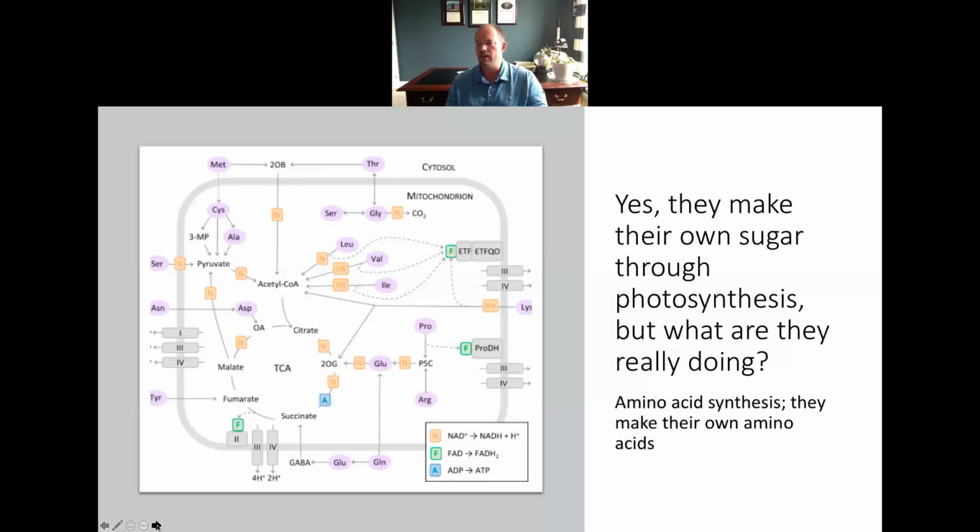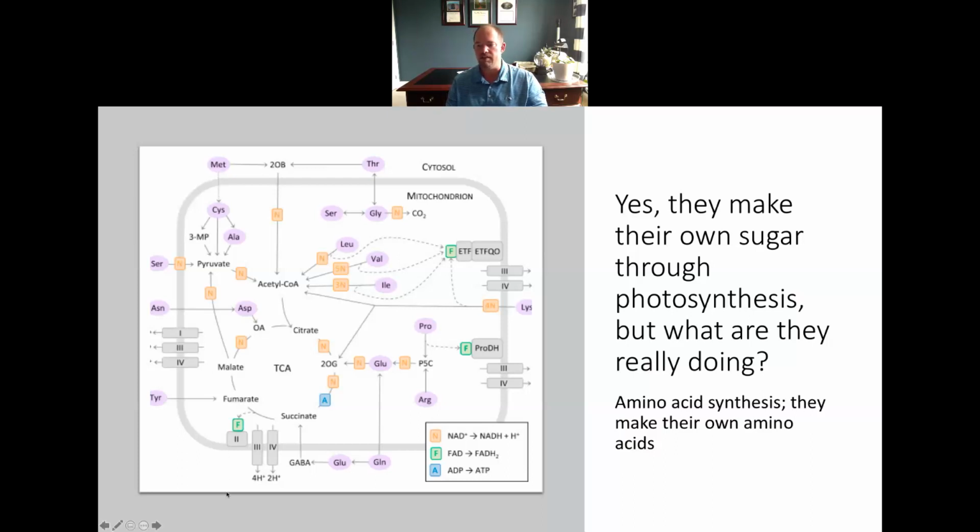But what are they really doing? What is the point of all of this? Well, the point is that what plants are really doing is they are synthesizing or manufacturing their own amino acids, okay? So you and I don't have the ability to make amino acids. We have to eat them in the form of plants or animal protein. But at the end of the day, we have to consume proteins to get the amino acids that our bodies need. But plants, they have the ability of manufacturing their own amino acids, and we don't often think about this,